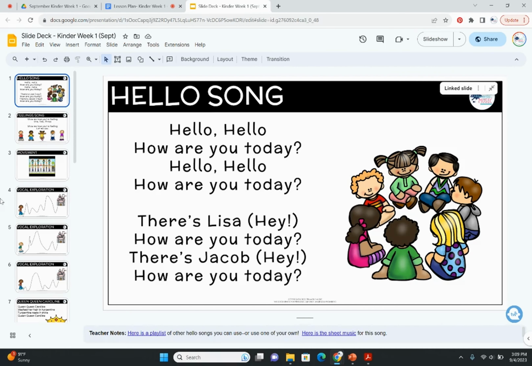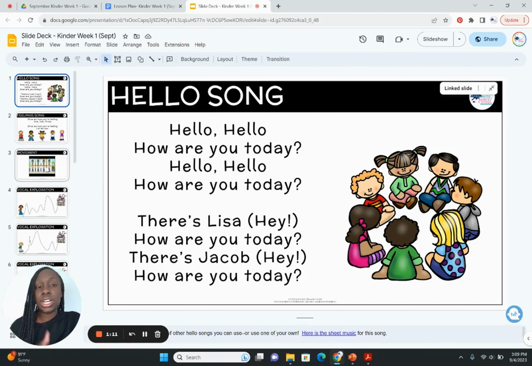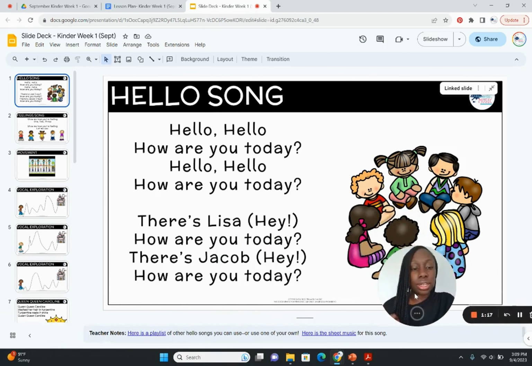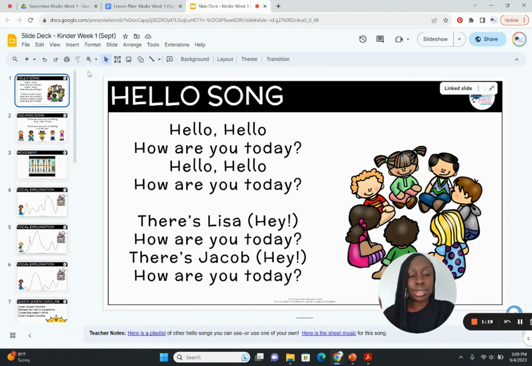The slide decks, if you need this additional resource, are available for you to purchase. Some people may feel like, look, I just need a lesson plan, something to get my brain going, and then I'm able to take it from there. Other people may need the slide deck. Maybe you don't feel as creative to put together a slide deck, or you don't have enough time, or you just want somebody to do all the work for you. Whatever category you fall into, this is also available for you to purchase, but the lesson plan is free for you.